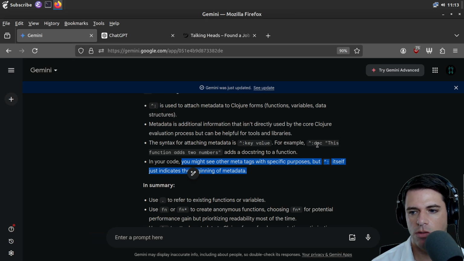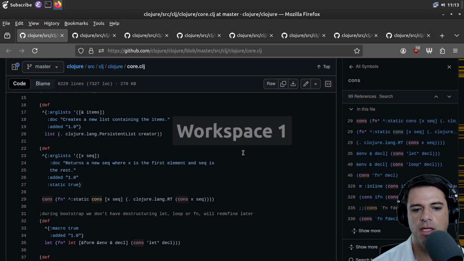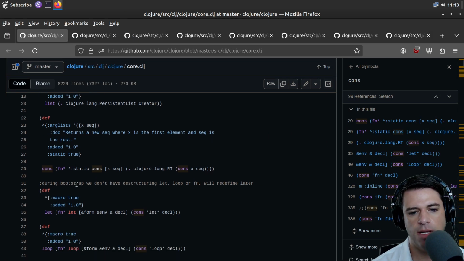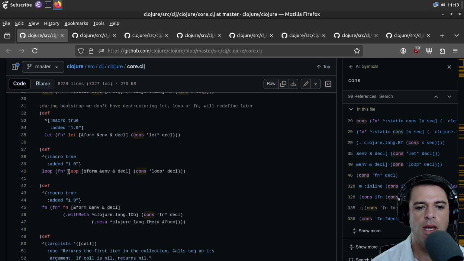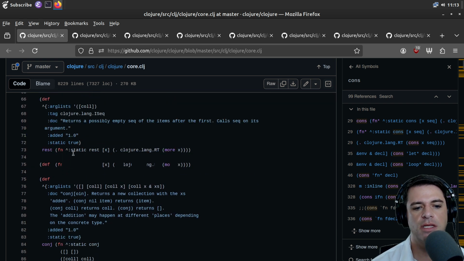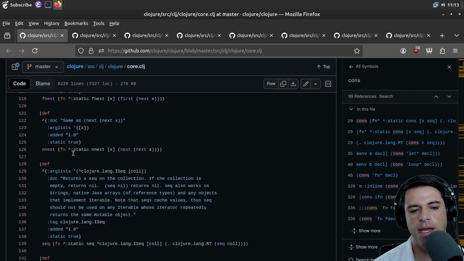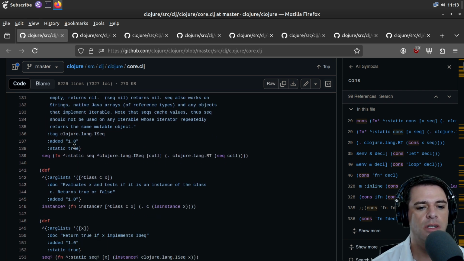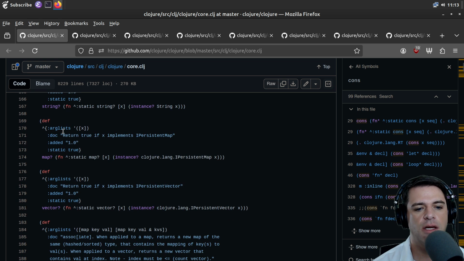So this is what? So doc, this defines a doc, and this defines a static cons. I guess, is that metadata? Why? I don't know. And then here's more. These seem like the main definitions of the classic Lispy functions. We have seq? vector? map?. I don't know if map has a question mark because it's nullable, or maybe because it's a Boolean. Return true if X implements IPersistentMap.